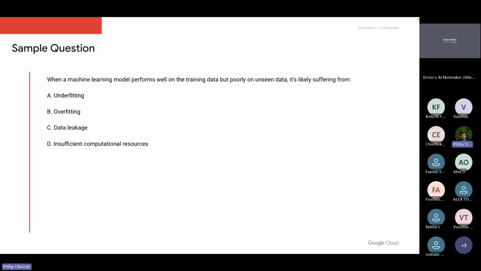Data leakage, maybe usually when you have artificially good performance on validation and test data, your validation and test data works well, but when you give it unseen data, it performs poorly too. So you could have data leakage in that sense, understand? So yeah, insufficient computational resources, that's completely out of the question, right? So next question,